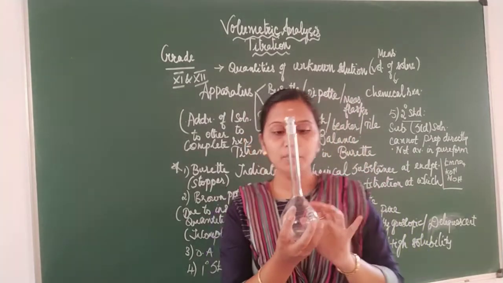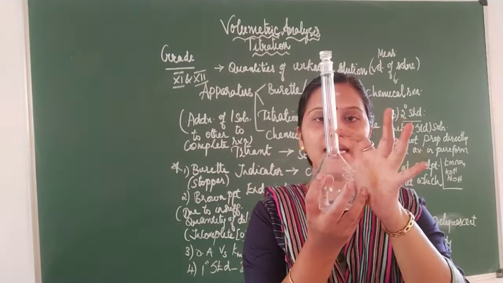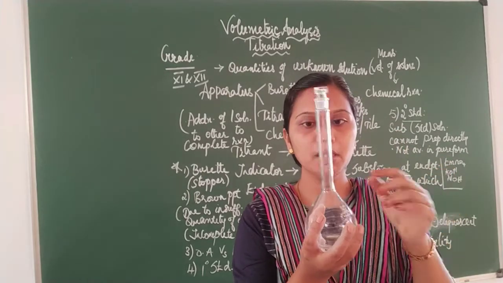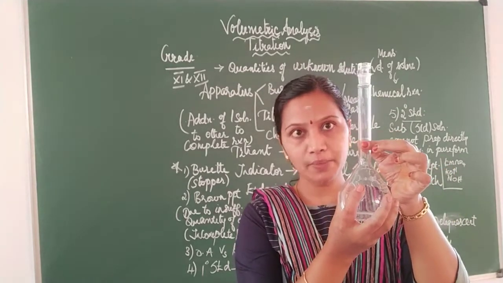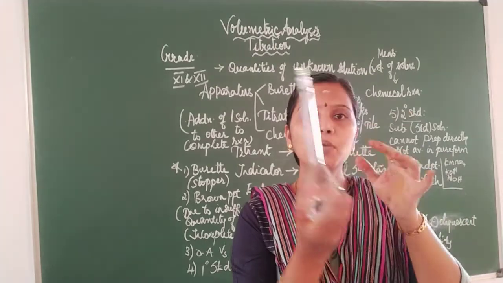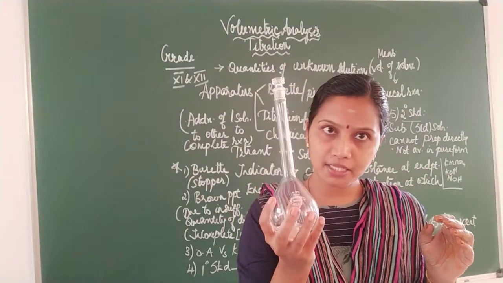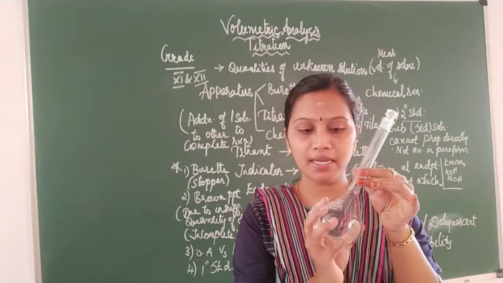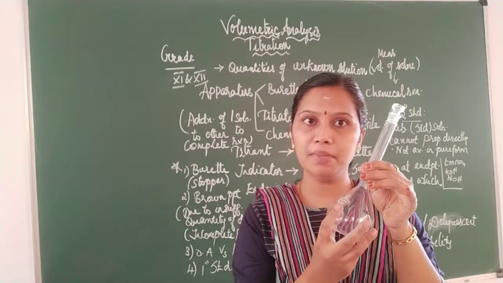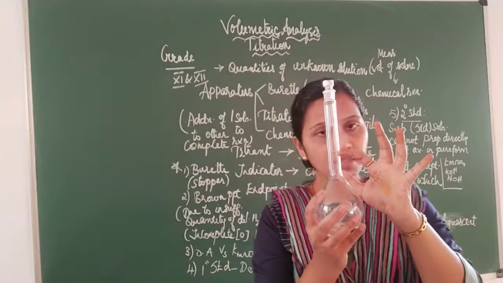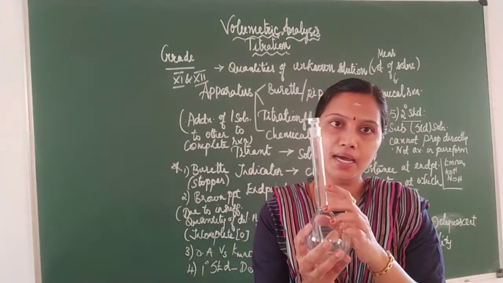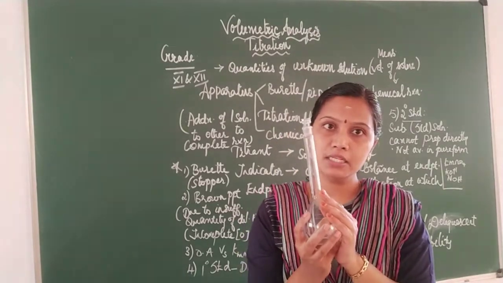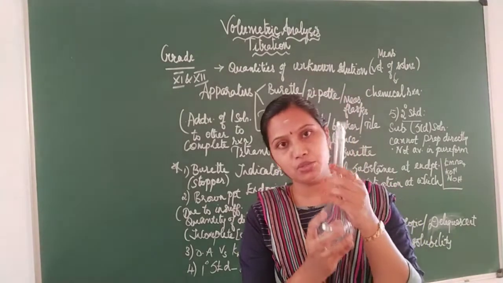In almost all antibiotic bottles, you might have seen a powder and the graduation mark, and there will be distilled water given. So what you will do, you need to cut open the pouch and fill the water till this mark. In the same way, if I want to take any standard solution, then I should switch on to a standard flask. These standard flasks are available in 50 ml, 100 ml, 250 ml and so on. So when I fill the volume till this graduation mark, it means that I have taken 250 ml of the standard solution. So standard solutions should be prepared by means of a standard flask.